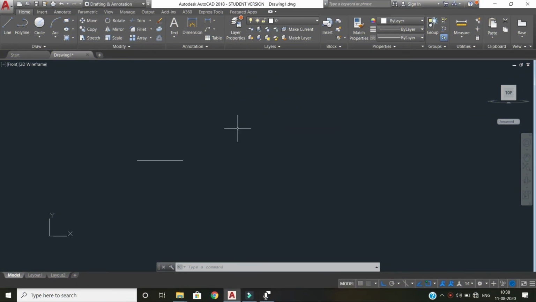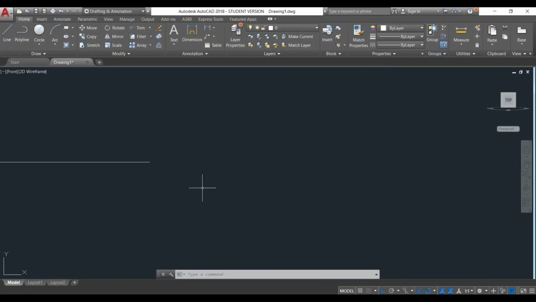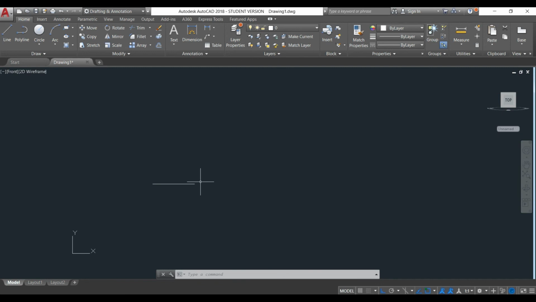So now let's talk about navigation tools. So here you have a simple line. Now if you want to navigate in your drawing, then you can do that using your middle mouse wheel. And to move this drawing, all you need to do is press and hold the middle mouse wheel. Now move your mouse and you can see that the whole drawing will move along with it. Now if you move your cursor to any point, then rotate your mouse wheel, then it will zoom in your drawing, and if you rotate your mouse wheel in the opposite direction, it will zoom out.